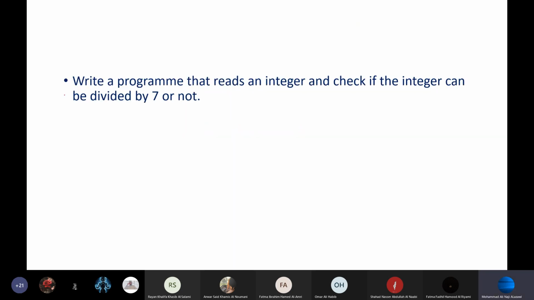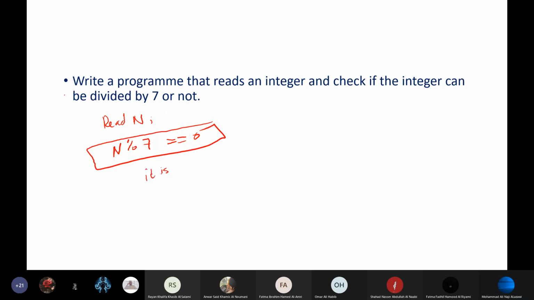What I'll do, of course, same as we did with 2 with even and odd, I will read the number, and mod 7. If it's equal 0, then n is a multiple